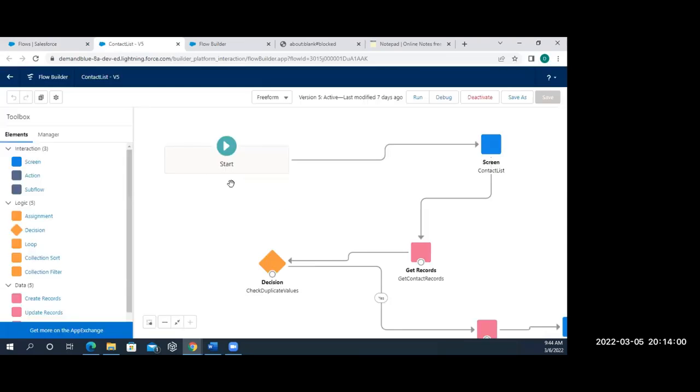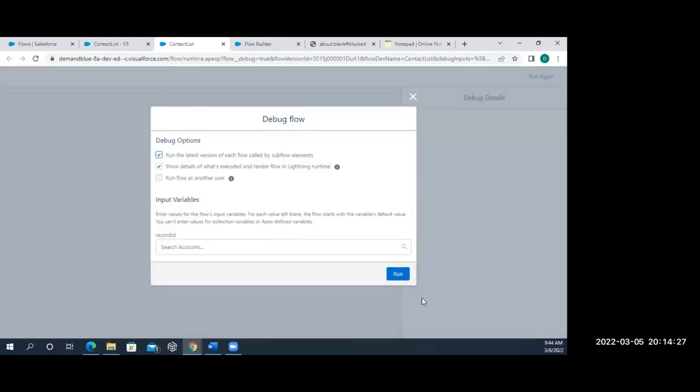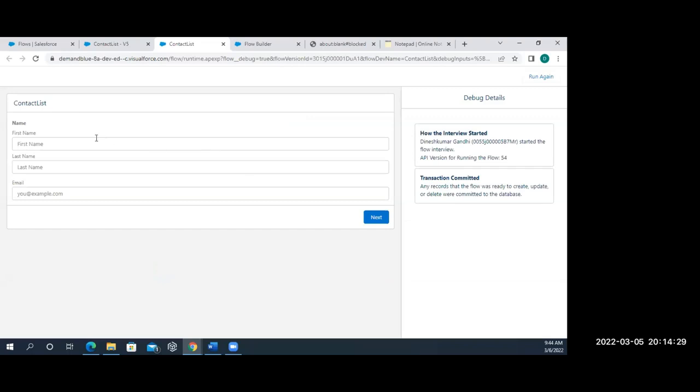Last week we worked on the contact flow. So get the records, check for duplicates, and then create records, debug it. First name, last name, mail, some user interaction is happening. So that time we go for